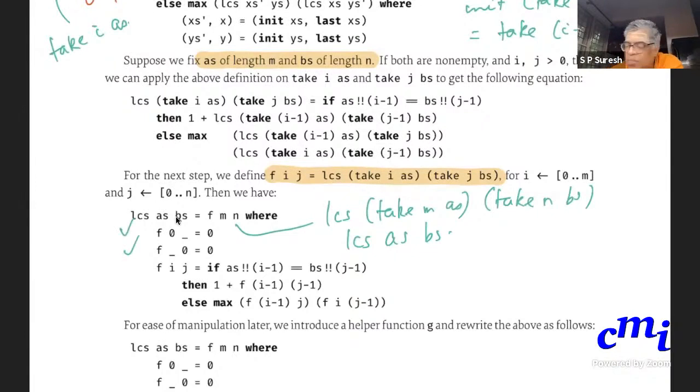And F(i,j), I'm just rewriting the earlier thing. F(i,j) is, if A's at i minus 1 is equal to B's at j minus 1, then 1 plus F(i minus 1, j minus 1), because you have take i minus 1 A's and take j minus 1 B's. Otherwise, you do F(i minus 1, j) and max it with F(i, j minus 1). Okay? Is this version clear?